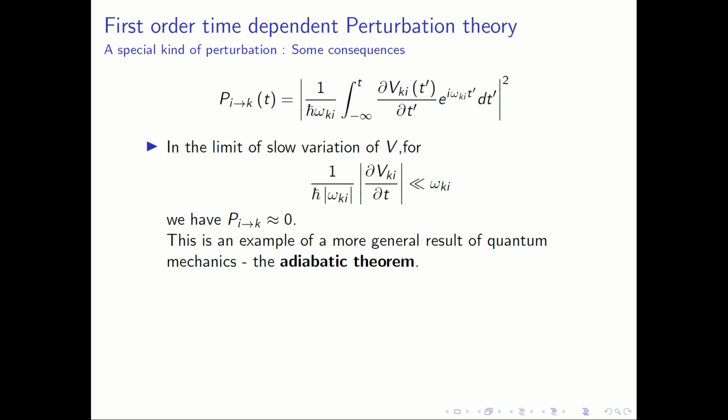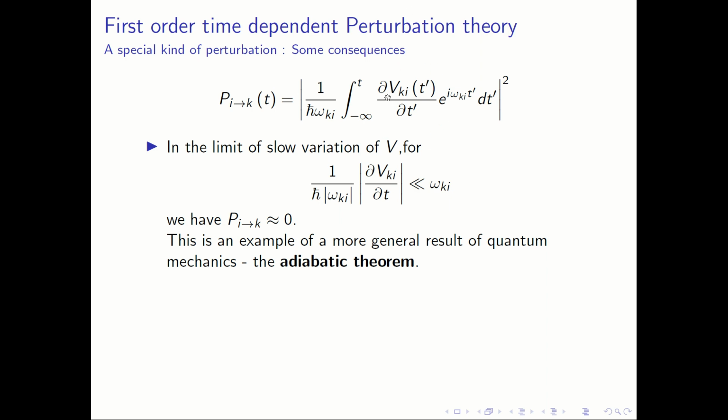Of course, the eigenstate evolves in time because the Hamiltonian itself is evolving in time. And we will later see that this is very important in describing many unusual and striking features, like say the Berry phase and so on. But the theorem is pretty easy to understand. If you change the Hamiltonian very slowly, then the system which is in the ith state stays in the ith state. On the other hand, if we change this very rapidly, what that would mean is